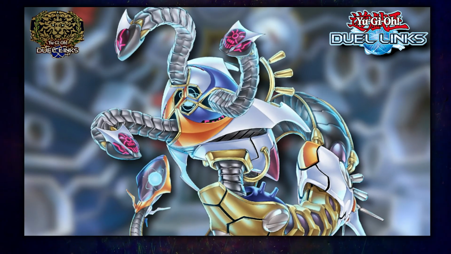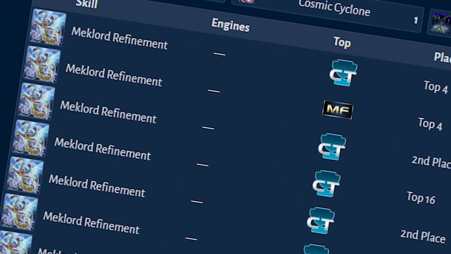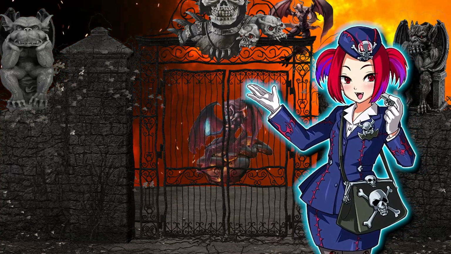I questioned my taste in Yu-Gi-Oh cards in my last deck profile, mostly because I should have clocked that Meklords are aesthetically and pretty damn good competitively, but today I know I have good taste because we took Burning Abyss to the top, baby. Something about sending your opponent to hell is a very attractive concept to me, and I'm